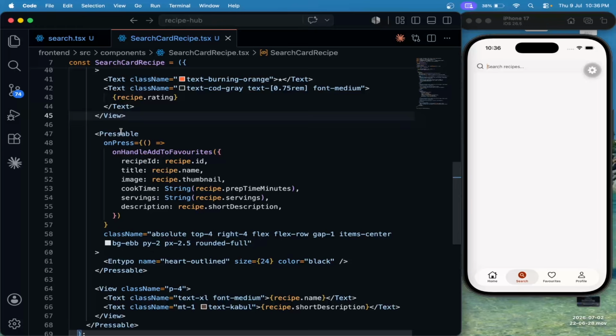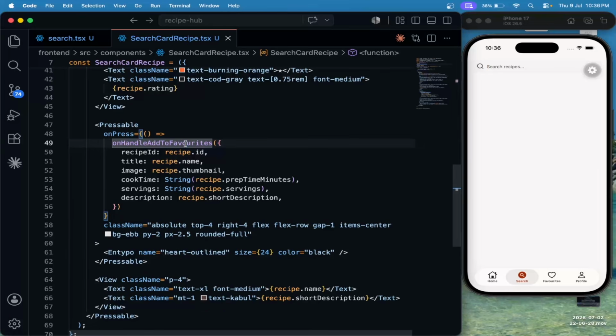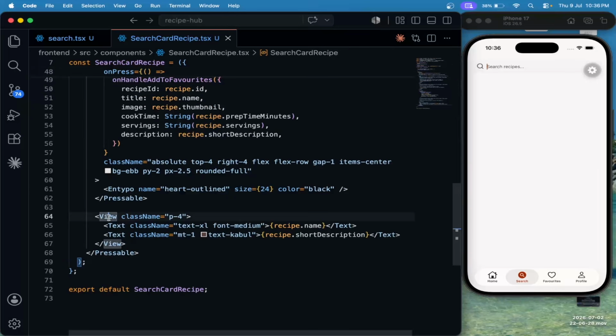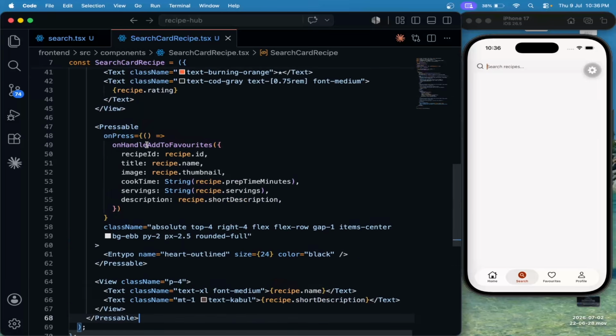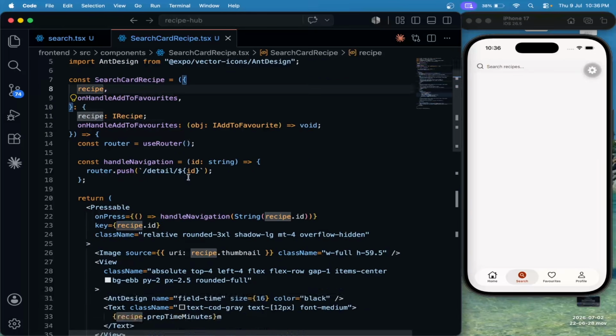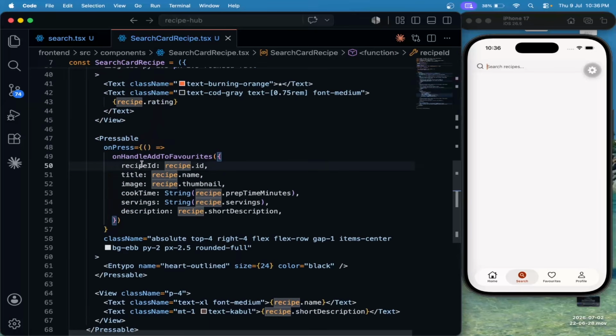And then I have this pressable, sorry, not button, it is a pressable, and it shows this icon which looks like a heart icon. And on this handle press I am calling this on handle add to favorites. So this is the thing, I will come back to this later. First here again I have created this view to show the recipe name and recipe description. On this handle add to favorites, what I am doing, the recipe data which we are receiving from the props, I am passing all the data back to the parent component, the ID, name, thumbnail, cook time, servings, and the description,